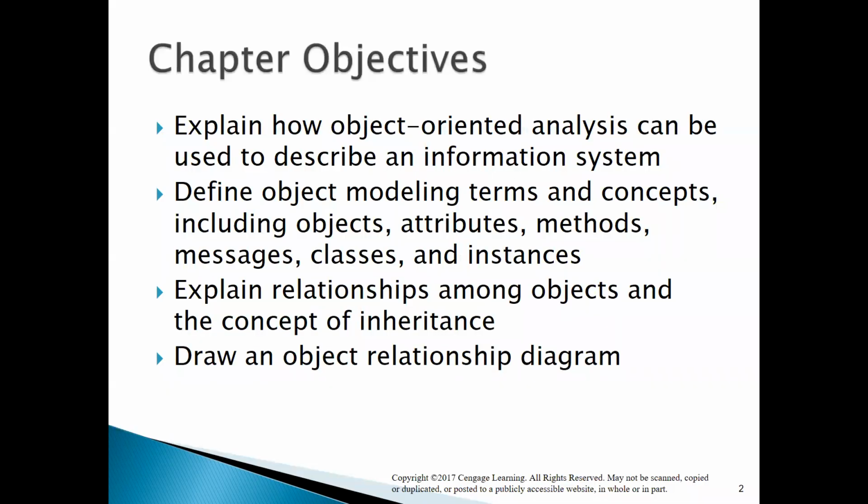So let's have a look at that. The objectives of this chapter are to explain how object-oriented analysis can be used to describe an information system. We'll look at what object-oriented analysis is in the next few slides, define object modeling terms and concepts, including objects, attributes, methods, messages, classes, and instances, explain relationships among objects and the concept of inheritance, draw an object relationship diagram,